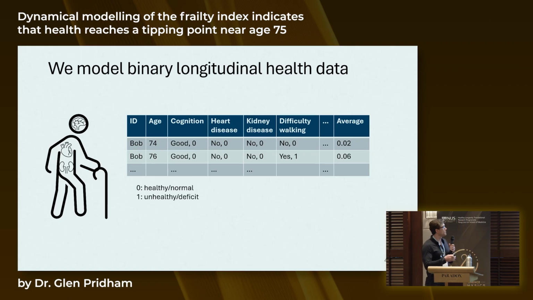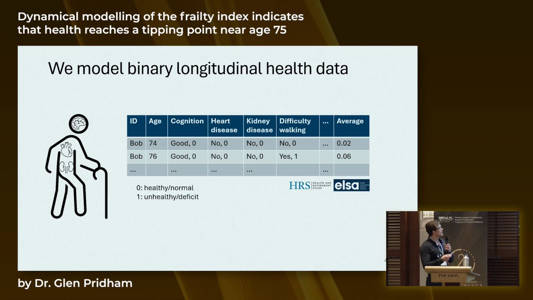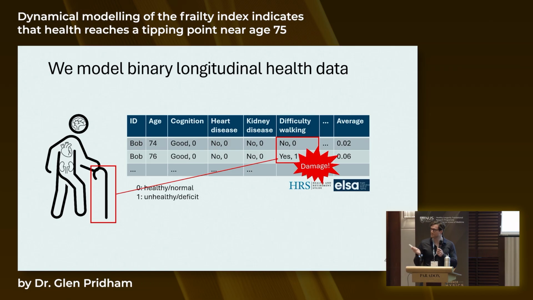Okay, so we get some longitudinal binary health data, and what that means is we measure a huge number of different health domains, and we make it 0 if it's okay, like it's normal or healthy, and 1 if there's something wrong. And we have HRS and ELSA for that. And then we'll look for the changes. So sometime between age 74 and 76, Bob slipped on that banana, and he had a damage event. Okay, and then we can summarize the overall health based off of the average,